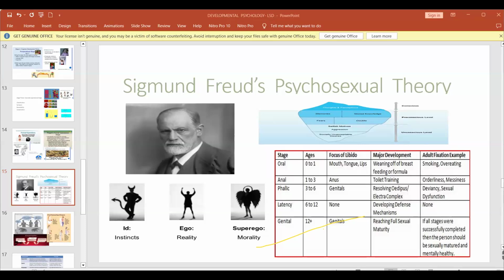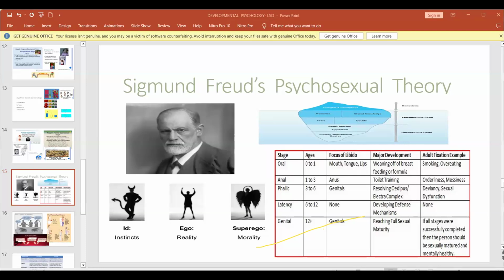And then, in a balanced personality, by the age of 5, all the 3 components of personality are available. I ask you this question: in a balanced personality, which should be the dominant part,